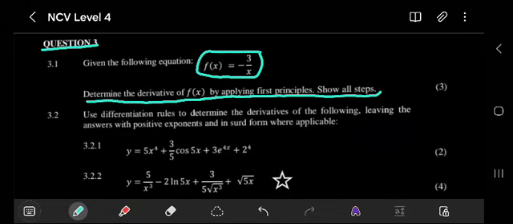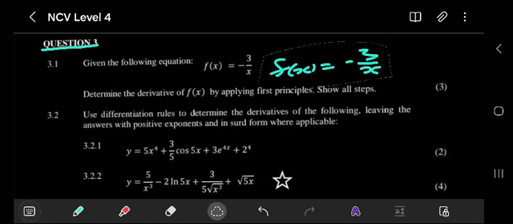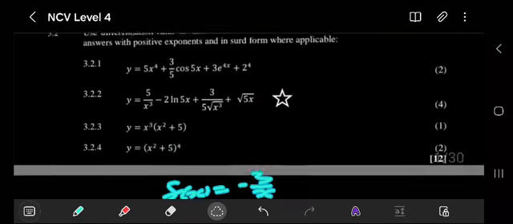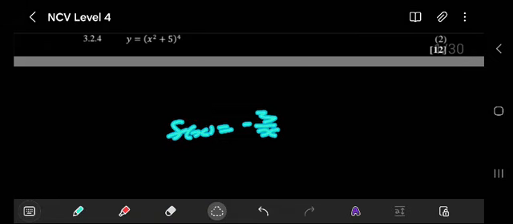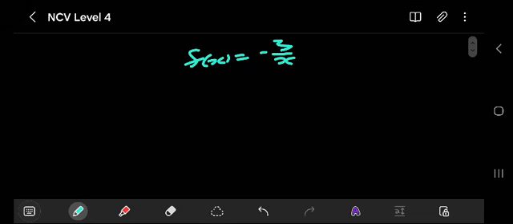Show all steps there. All right, we are given f of x is equal to negative 3 over x, and we have to use the first principle there. We should apply our first principle. This is question 3.1, right? So applying first principle here,